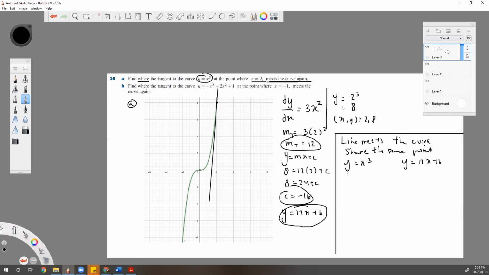They share the same point, meaning same y or same x, but in this case we prefer to use y curve equals y line. So x cubed equals 12x minus 16, and x cubed minus 12x plus 16 equals 0. With the idea of factorization, you will get x equals